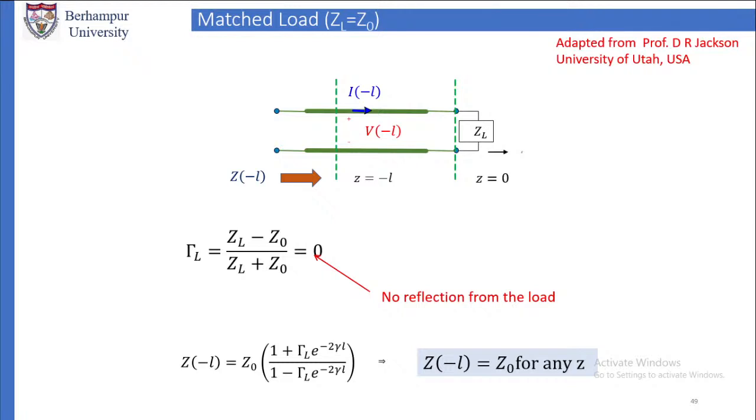By definition, the reflection coefficient is the reflected voltage by the incident voltage. Since it is 0, the reflected voltage is 0, so there is no reflection from the load. So, if you have a matched load,